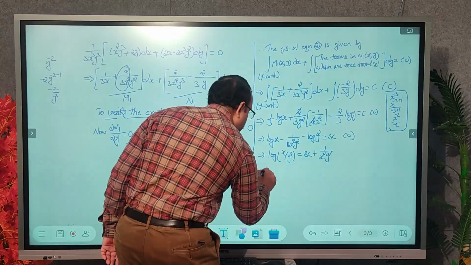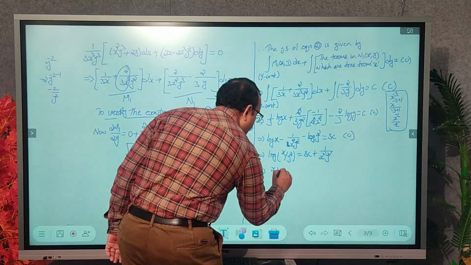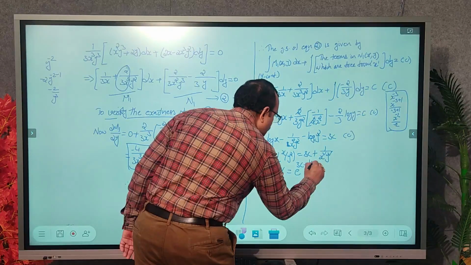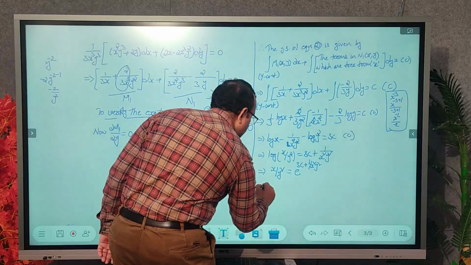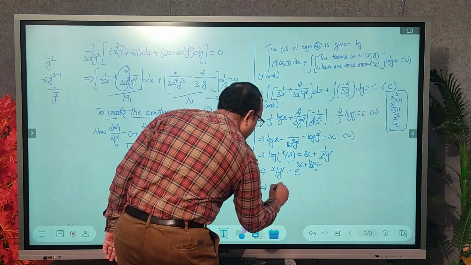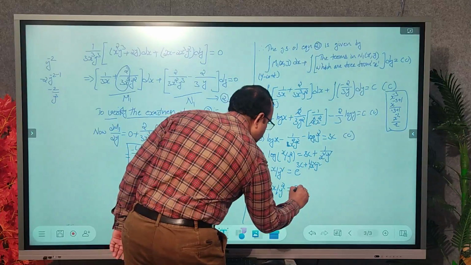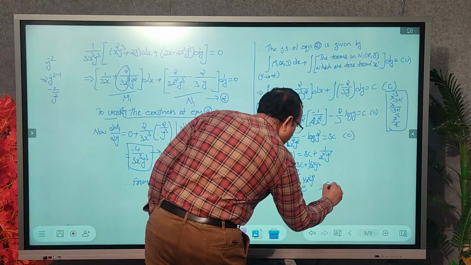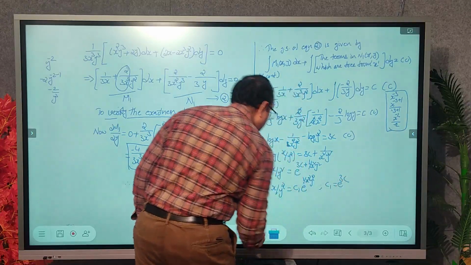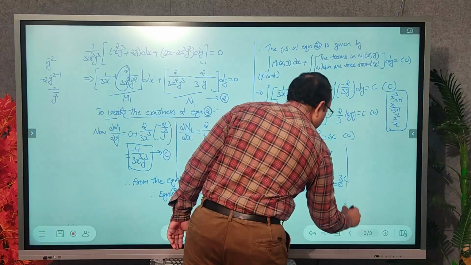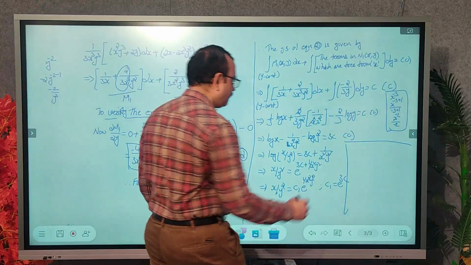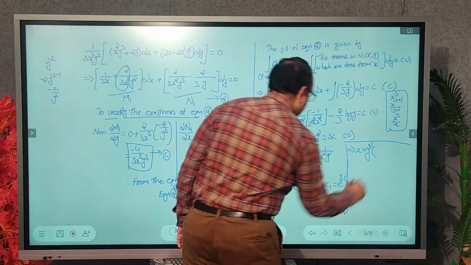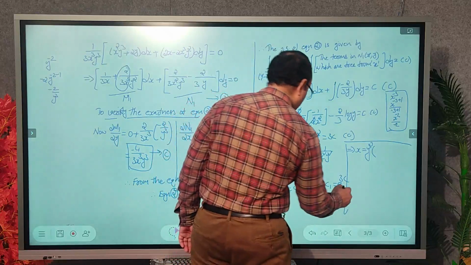Now, using the logarithmic formula, x by y square is equal to e power 3c plus 1 by x square y square. Now we can take e power 3c as some c1, then we can write x by y square is equal to some c1 into e power 1 by x square y square, where c1 is nothing but e power 3c. Okay, or otherwise if you want to write it in one line, then we can write x is equal to c1 y square into,